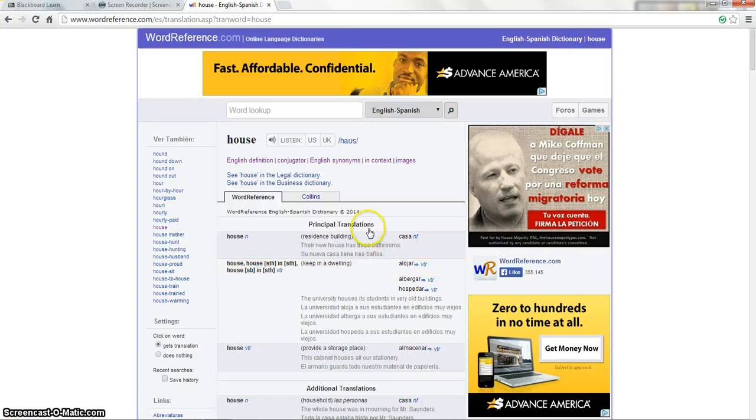And right here, if you put a word in Spanish, it gives you the accents and all this additional information that you will need in order to become a better writer and to fix your grammar so you don't have any problems. So if you don't know how a word is spelled, you can type it here and it will tell you where the accent goes. So for example, let me say